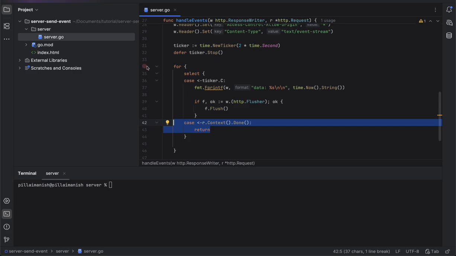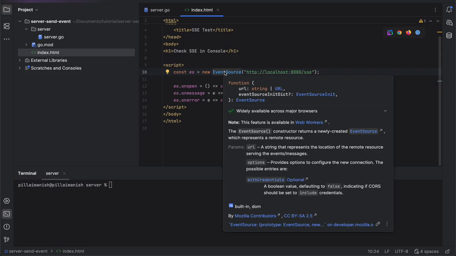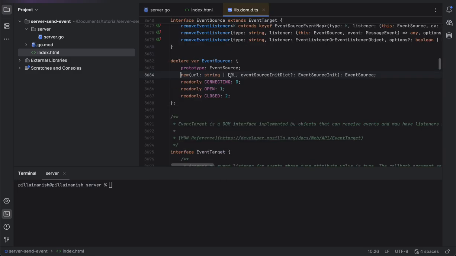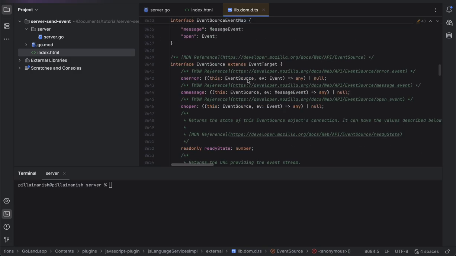SSE works well with the browser, so I have created an HTML file which is my kind of client. Here I'm creating an EventSource. This EventSource is an interface responsible for implementing SSE. You can check the documentation provided here.